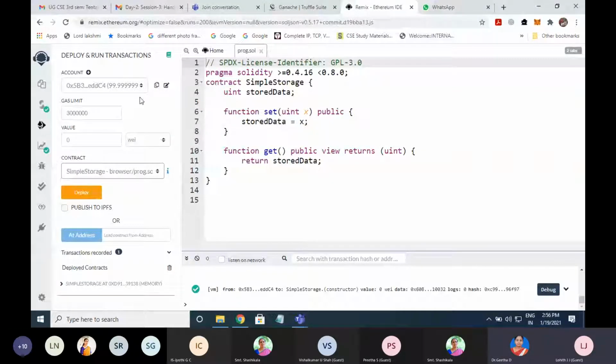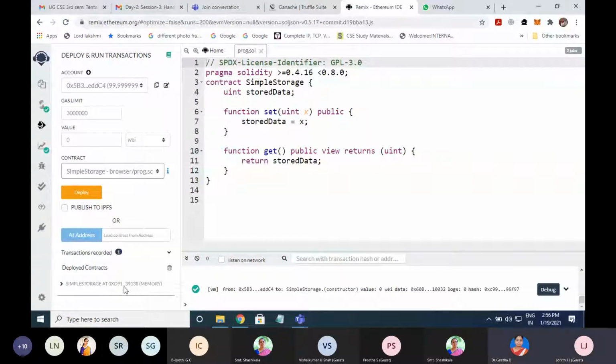Okay. Now, you can see, madam, here the 100 Ether has reduced to 99.9999. Yes, sir. That is what the transaction means, that is incurred for executing this transaction. Okay. Now, this is the externally owned account, and after deploying this contract, it has created a contract address that I have shared in the WhatsApp. Is the difference between the externally owned account and contract address clear, madam?